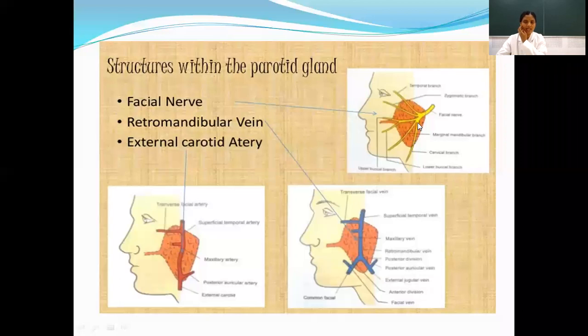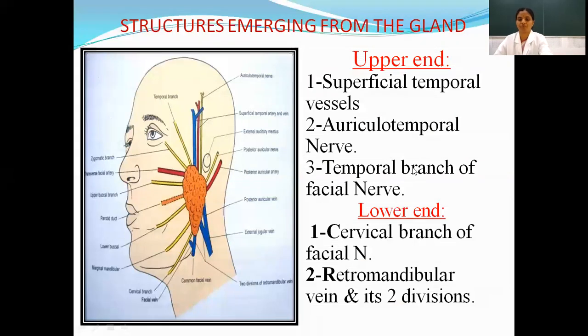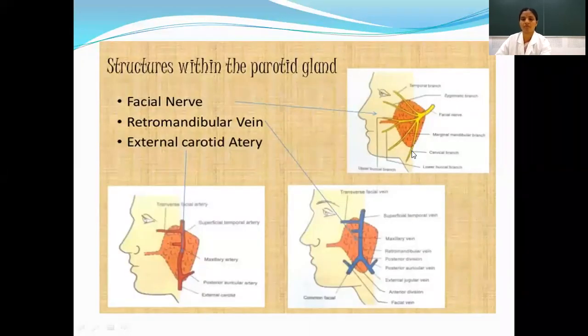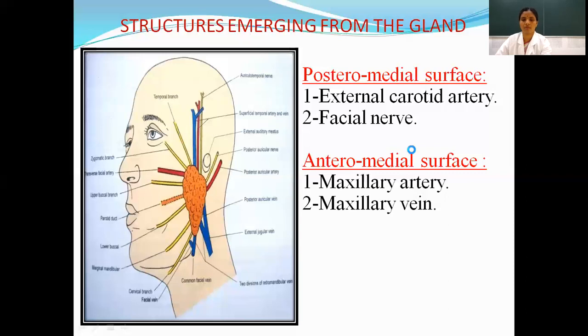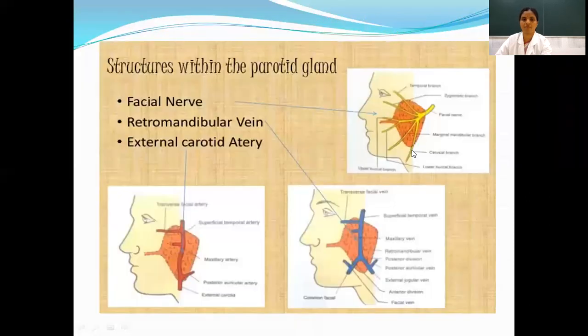Here you see the posteromedial surface, then it appears within the gland. On reaching the gland, immediately it divides into two trunks. One is temporofacial, the second one is cervicofacial. See this diagram. Here, this is the trunk of the facial nerve, the extracranial part, emerging from the posteromedial surface, then entering the interior of the gland. Here, it immediately divides into the temporofacial trunk and the cervicofacial trunk.